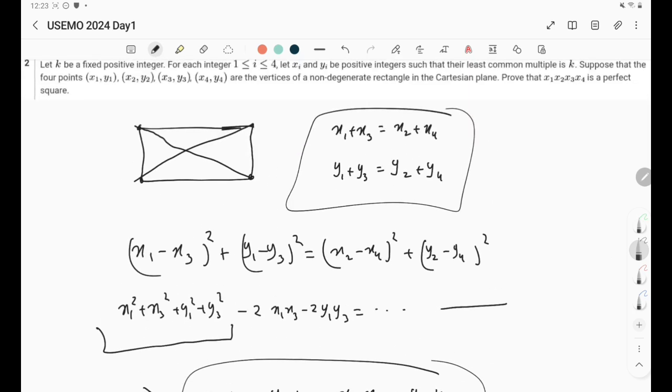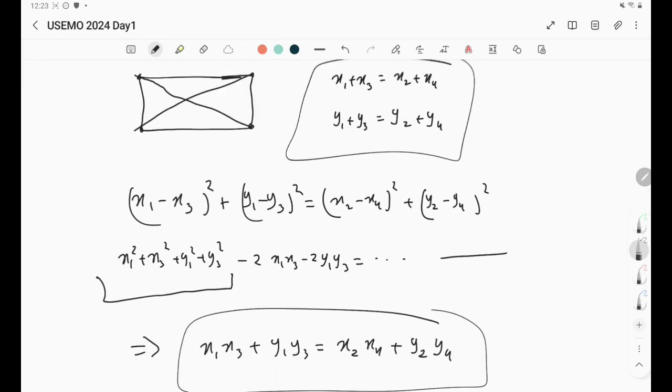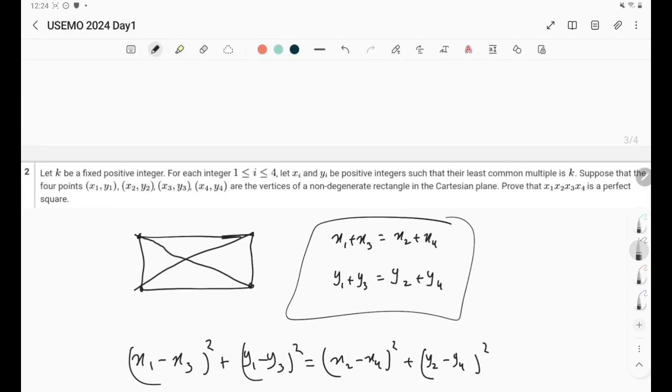That's perfect. So right now we have these two and this one. If you combine these three together, then for sure we have satisfied the rectangle condition, so we can now ignore it. Alright, so let's try these equations. Equation 1. By the way, remember that the question is asking us to show that this is a perfect square. You can see that the question is not symmetric, so for sure we can also show that y1 y2 y3 y4 is a perfect square as well. Anyway,